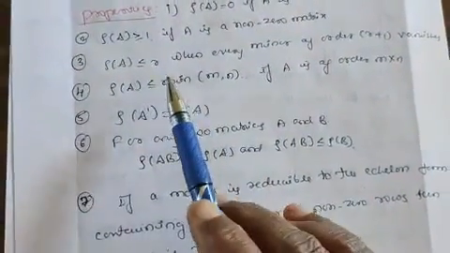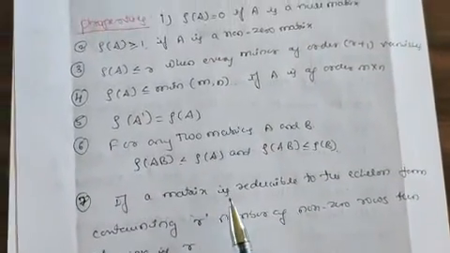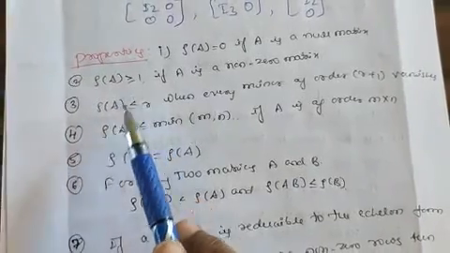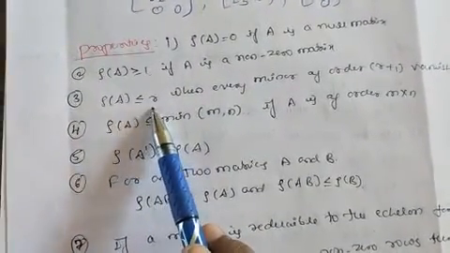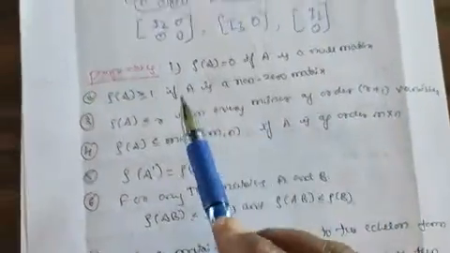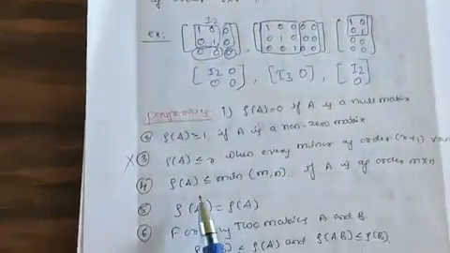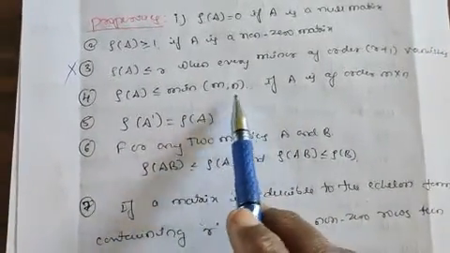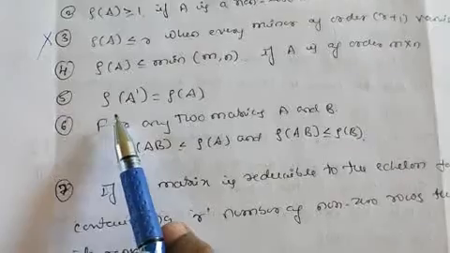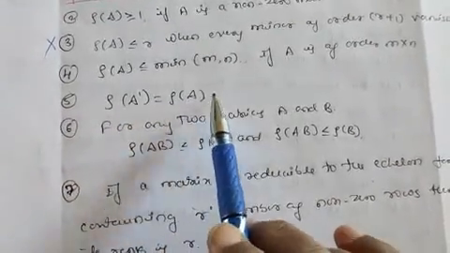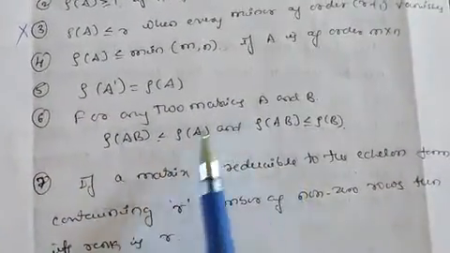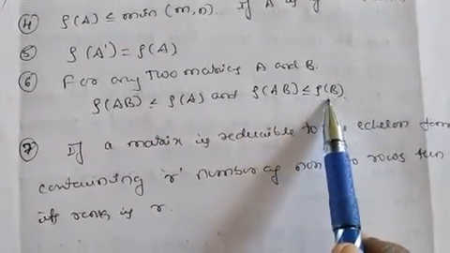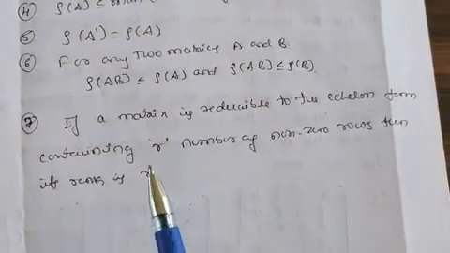So here we have some properties. You just go through these properties. The rank of a matrix is always greater than or equal to 1. And rank of A is less than or equal to R; this one is not so important, you don't need to read it. The rank of a matrix is always at most the minimum of rows and columns. And the rank of the transpose of a matrix is the same as the rank of the matrix. Suppose we have two matrices, then the rank of AB is always less than or equal to the rank of A, and also less than or equal to the rank of B. This one is important here.